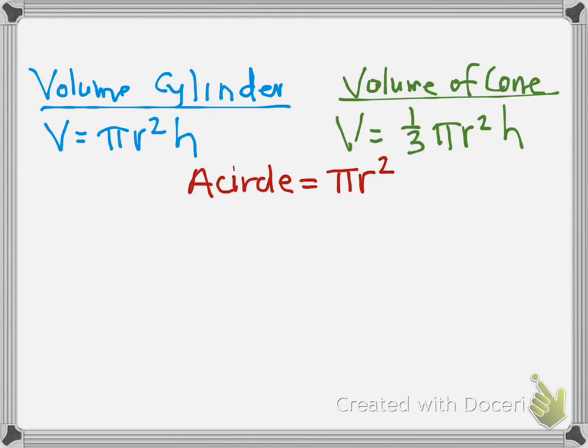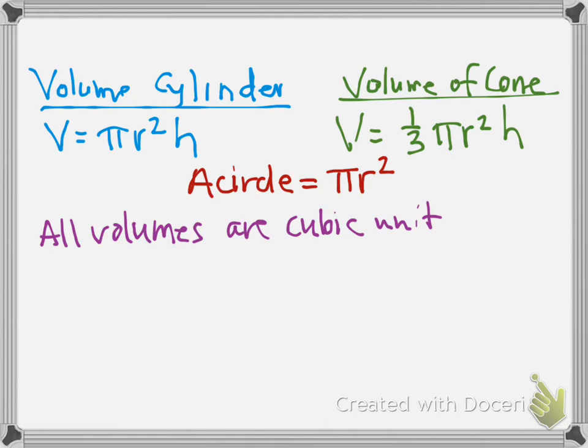Because we're talking about a three-dimensional shape, what label does our answer get? Cubed. So all volumes are cubic units. Or you could write it this way: units, whatever the units are, feet, meters, inches, miles, and then an exponent of 3. We need to make sure all the problems that you have tonight require you to add the labels at